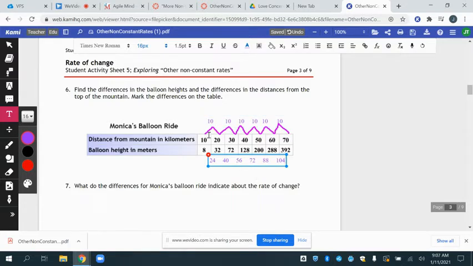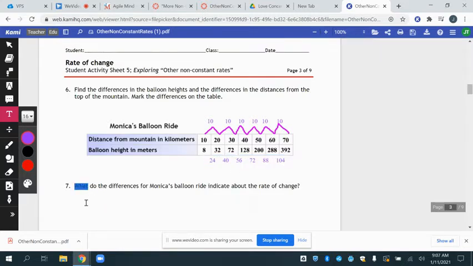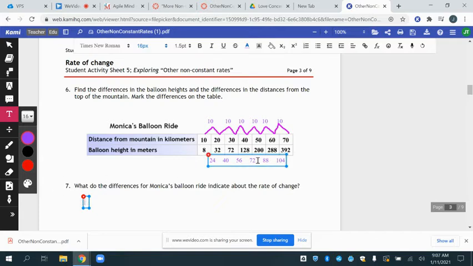What do I notice about this? Well, these stay the same. Even though the distance from the mountain in kilometers is going up steadily by 10, that is a long balloon ride. They're going a long ways. However, this right here is not going up by the same amount. So what I can say is, since distance changes by the same amount,